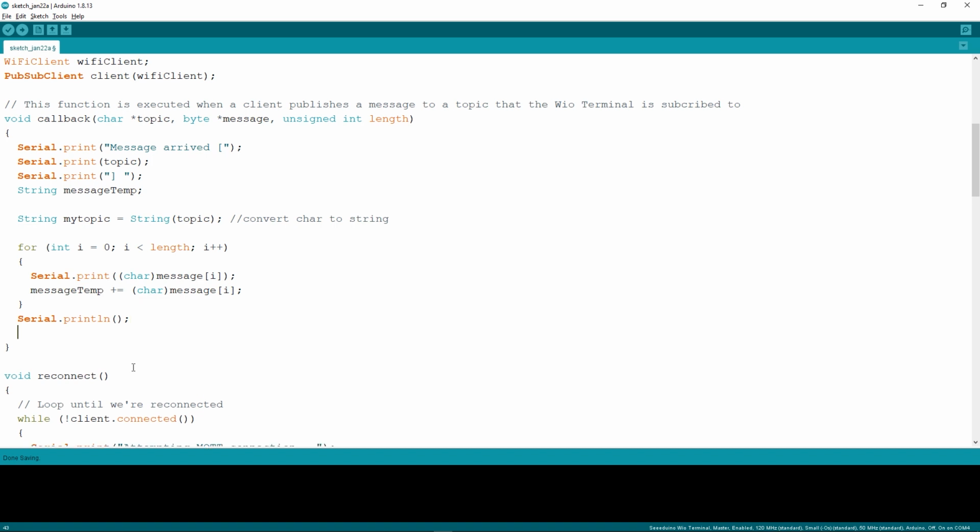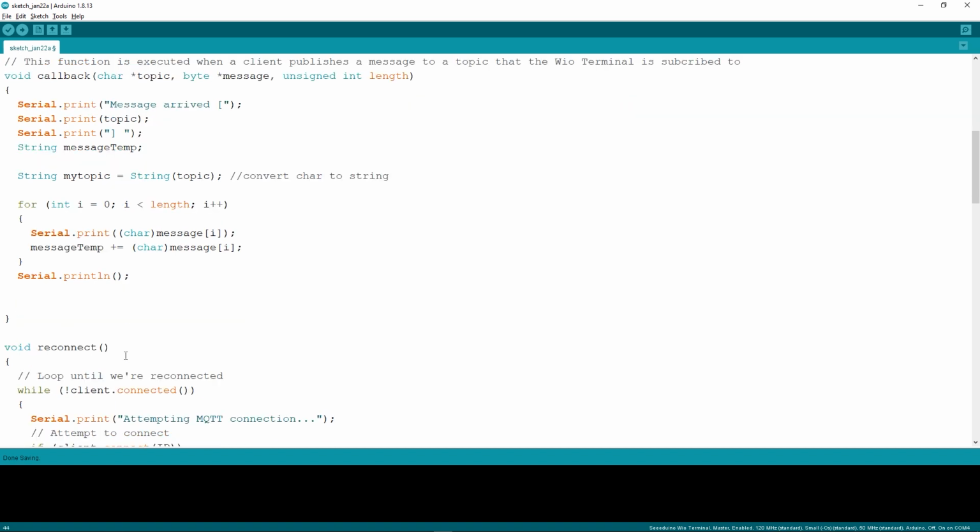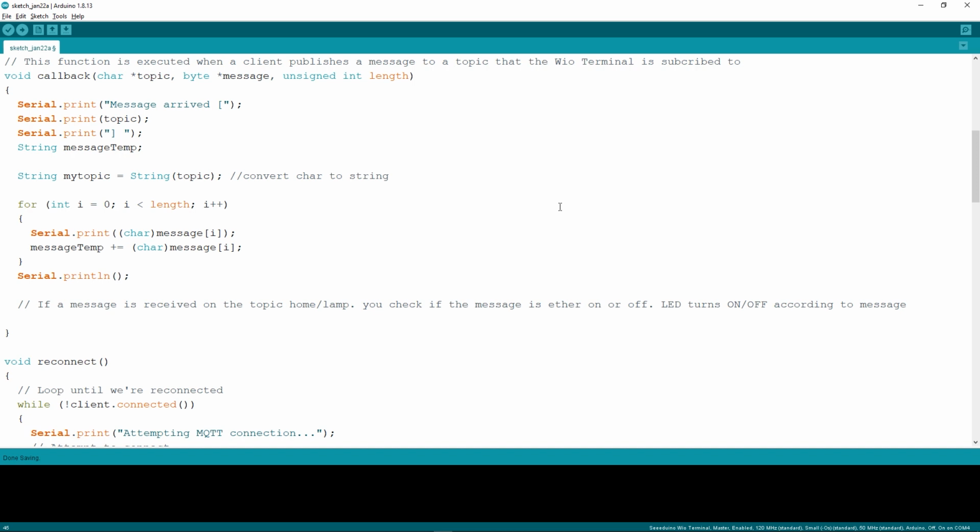So after this, if a message is received on the topic home lamp, you check if the message is either on or off. Then the LED which is connected to the wire terminal will turn on and off according to the message. So we will write the codes corresponding to that. So start with the if loop.